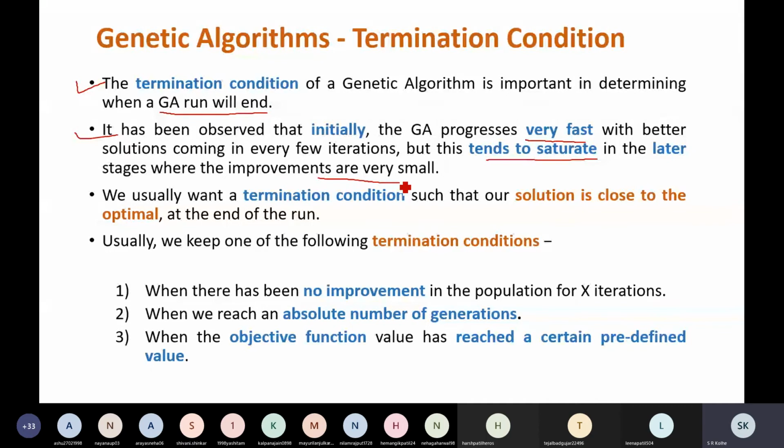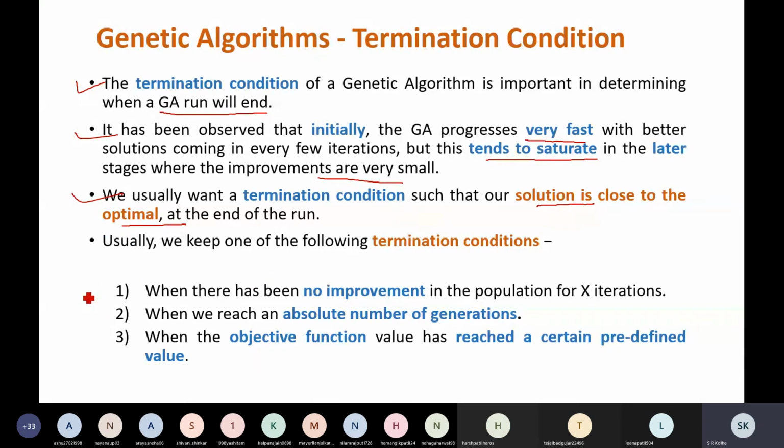In the initial iterations you will get better solutions, but after some time you will find very small improvement in spite of the lot of computations you are performing. Therefore the terminating condition we want is in such a way that our solution is close to the optimal at the end of the run. Of course we want the optimal solution.